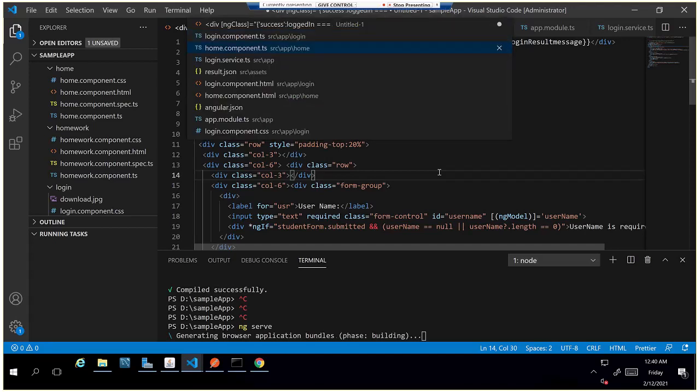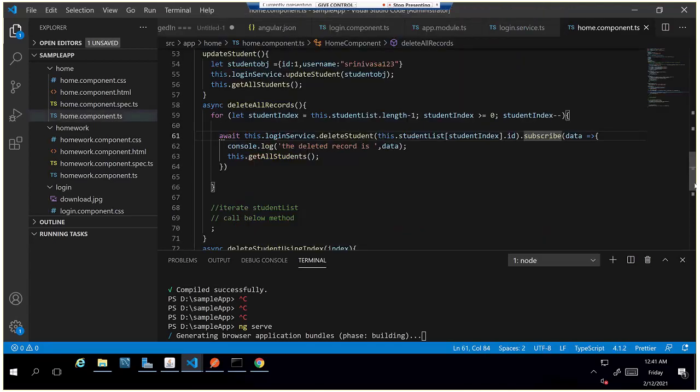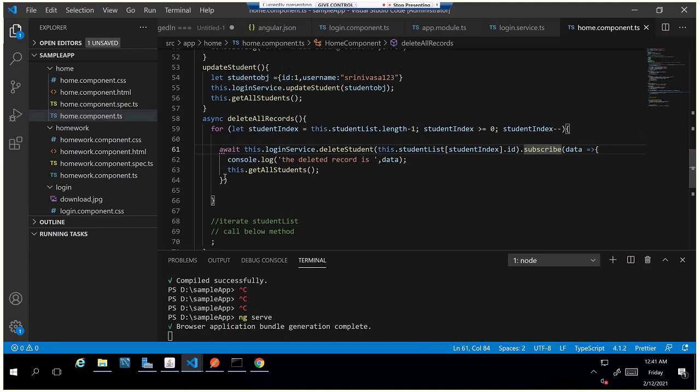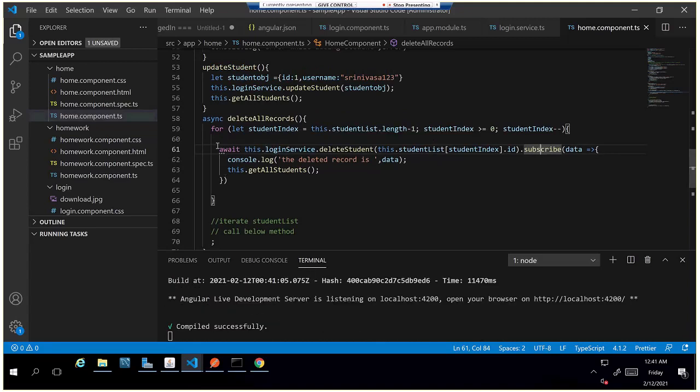On the day, the delete all was not working properly. The problem we were facing is that we were making this REST API call continuously without any wait. There is a problem if we call the REST API multiple times, because sometimes we may get a response a bit late. So there is ambiguity about how many records are deleted, because we are continuously posting requests. So I try to wait until the first record is completed, then I go for the next record.